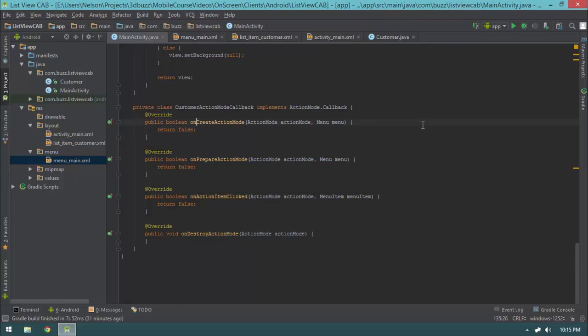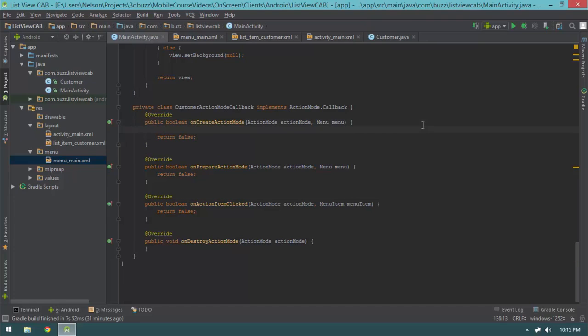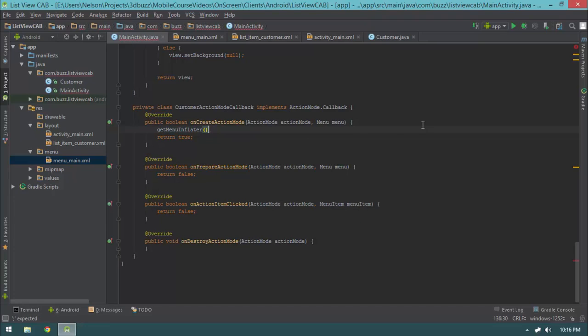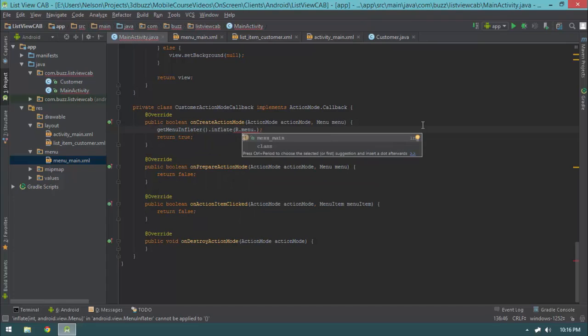Starting off with onCreateActionMode, let's inflate our menu. Let's be sure to return true. So make sure that you're returning true from onCreateActionMode to tell the action mode that you do have a menu that needs to be shown. So here I'm going to say getMenuInflater().inflate(R.menu.menu_main_customers